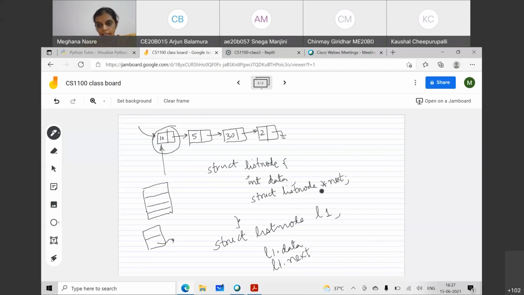But what I am saying now is that this next is a pointer of the same type which you are defining. This type that I'm defining is struct list node, a new user defined data type. It has two cells, one which is an integer cell, a place where I can store the data that I am interested in.